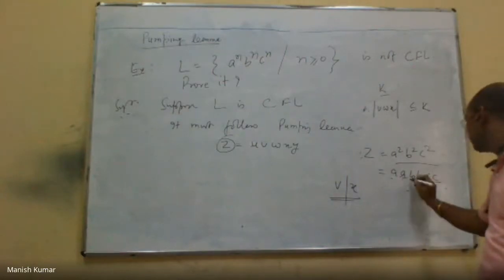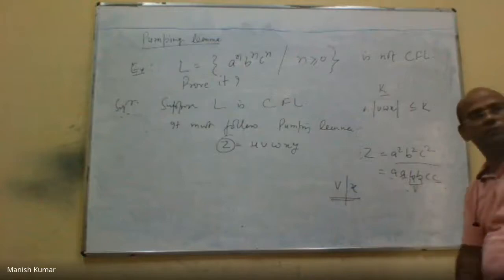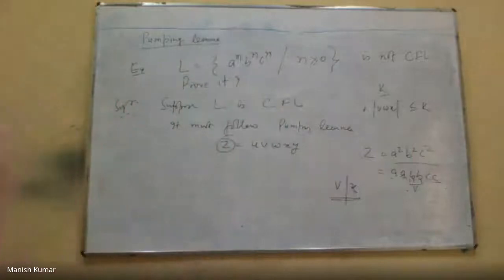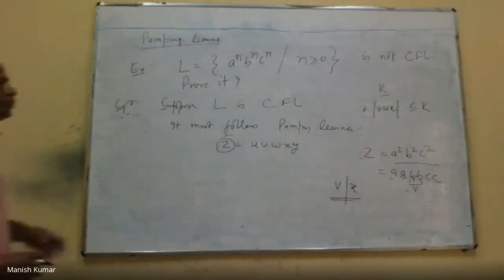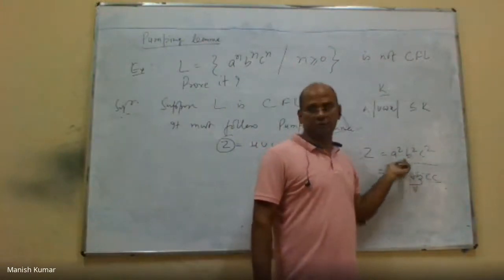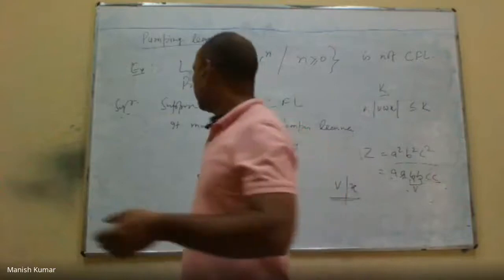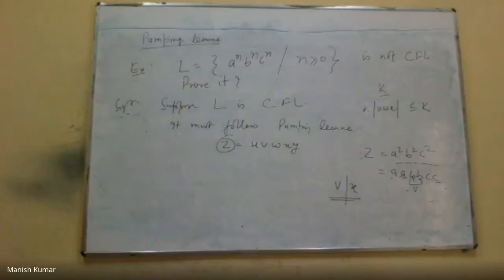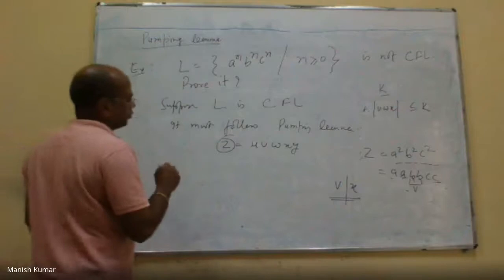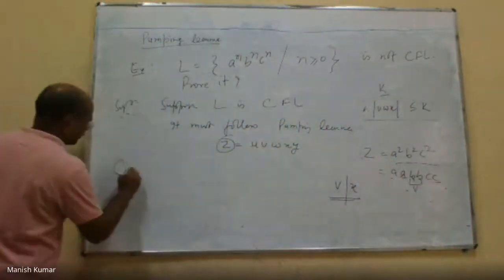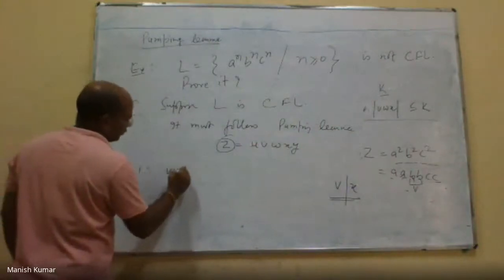You can say that this only B is my V. So there are cases where the pump substring might be only A's, only B's, only C's, or might be a combination of A and B and C. In any case, if you pump, so considering this and all, like case 1, I can write that VWX